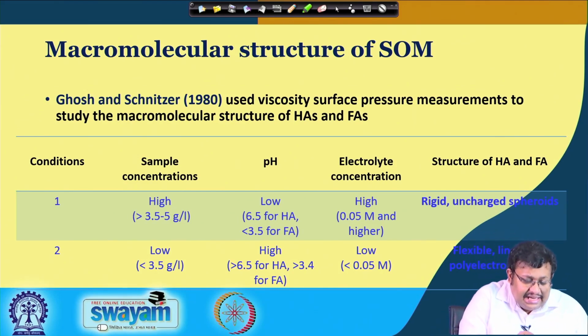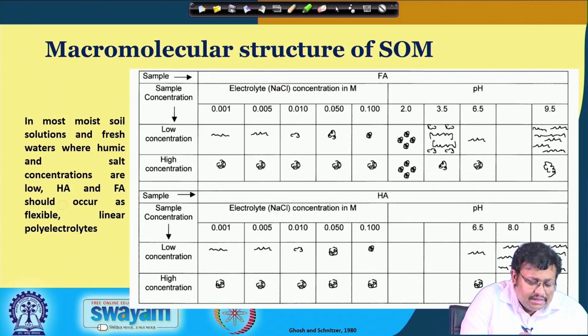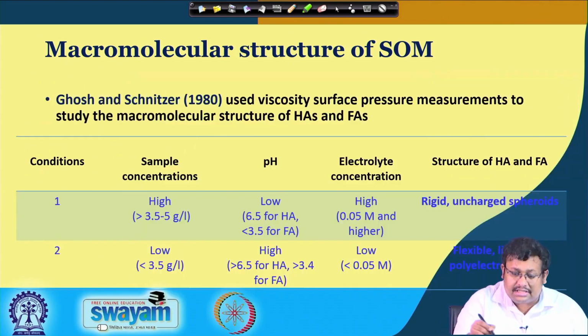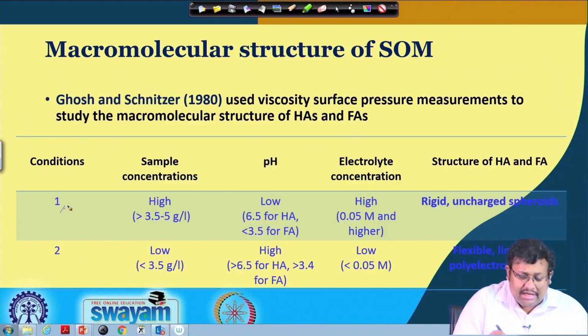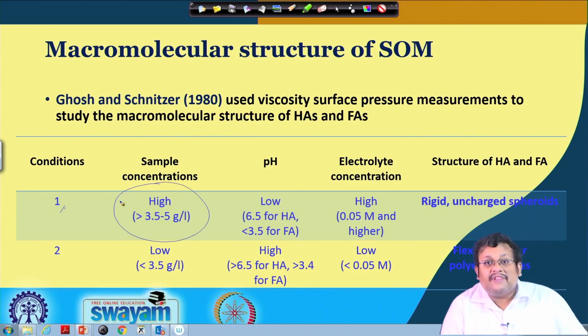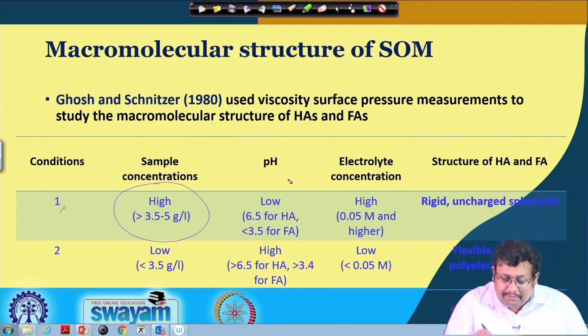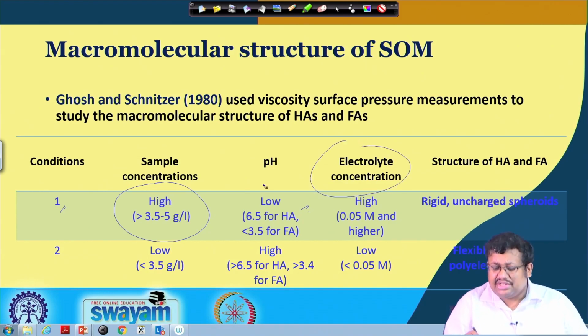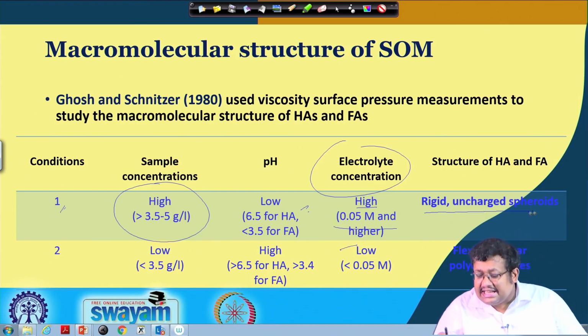As you can see, in case of condition 1, when the sample concentration is high, which is greater than 3.5 to 5 gram per liter, and the pH is low, and simultaneously the electrolyte concentration is high, which is 0.05 molar and higher, if these 3 conditions are met, you can see that rigid and unchanged spheroids are present in the